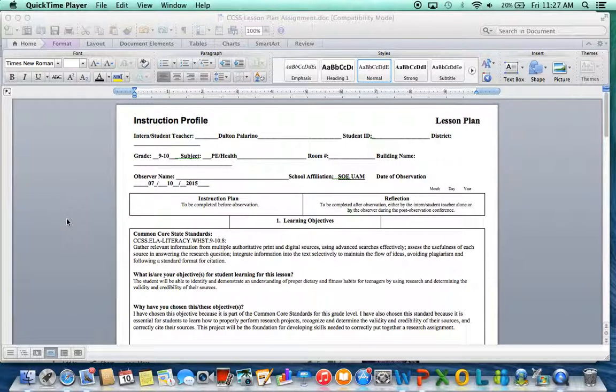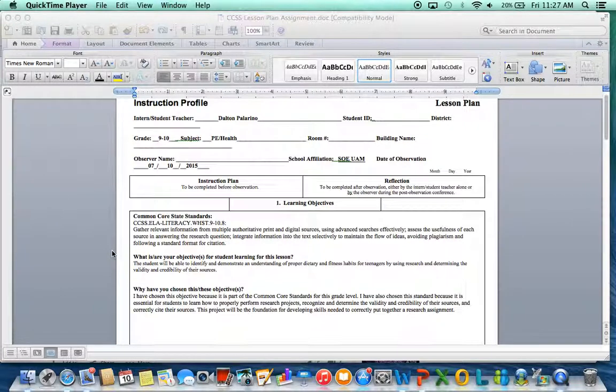Grades 9 and 10 in a PE and health class. The Common Core state standard that I chose to work with is CCSS.ELA literacy.WHST 9 and 10. The standard states that students will gather relevant information from multiple authoritative print and digital sources